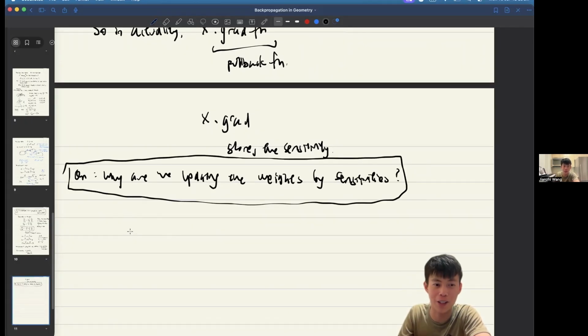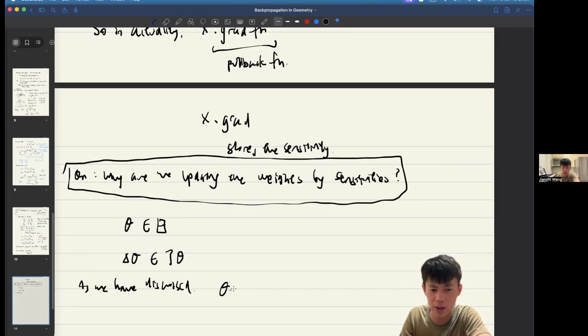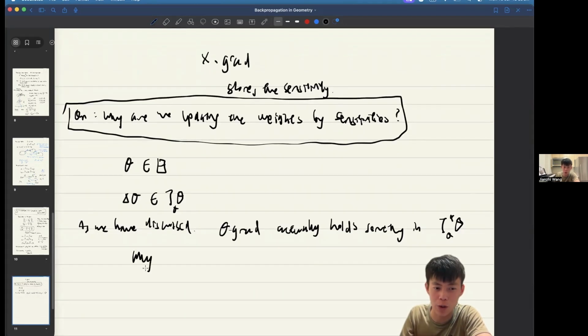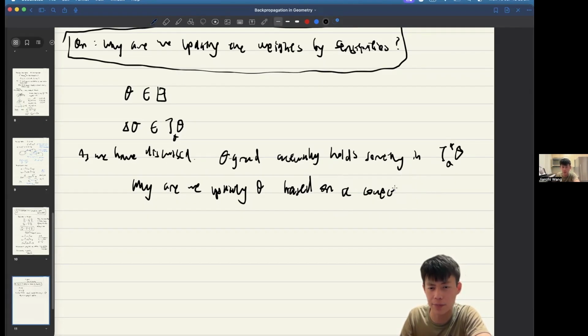So if you have been following along, we have our neural network parameters living in the space of theta. Any changes to our parameters should live in the tangent space of theta. But as we have discussed, theta.grad actually holds something in the cotangent space, which is T star theta at theta. Why are we updating our weights based on something that is in the cotangent space? Based on a covector? Well, we need to bring one more tool from analysis, which is called the Riesz representation